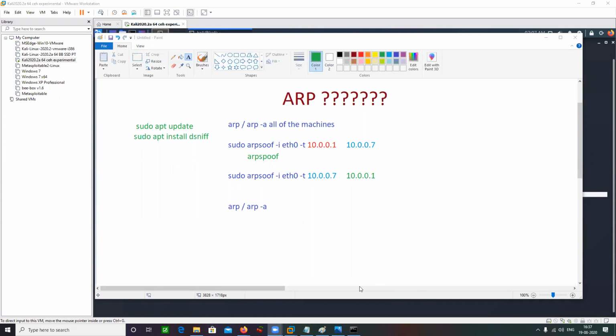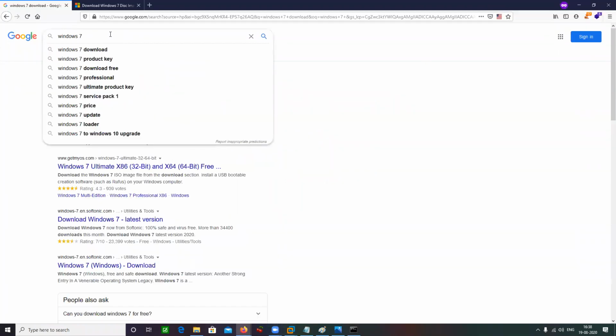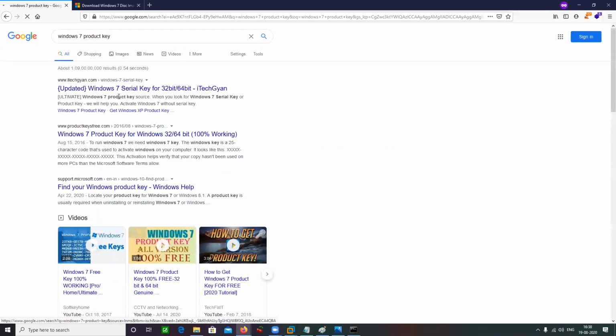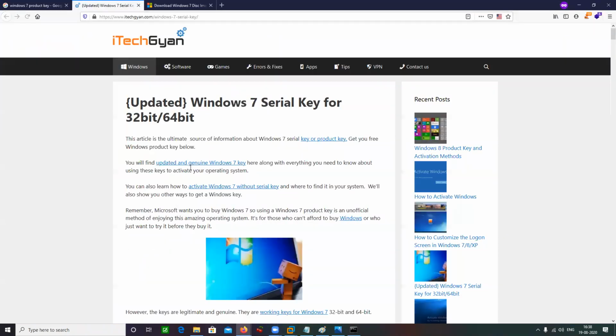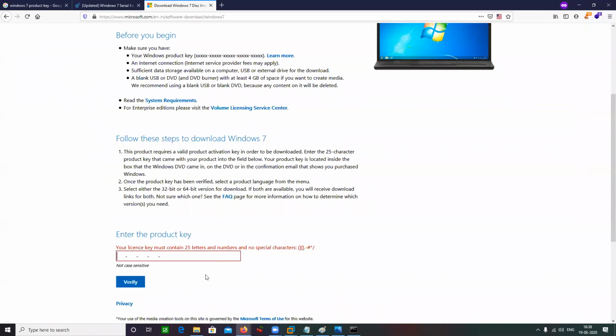I got something in the chat. Windows 7 keys, product keys. Use these keys from here, paste it here, click on verify, see if you are able to download it.